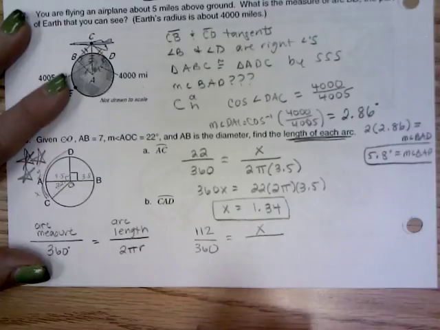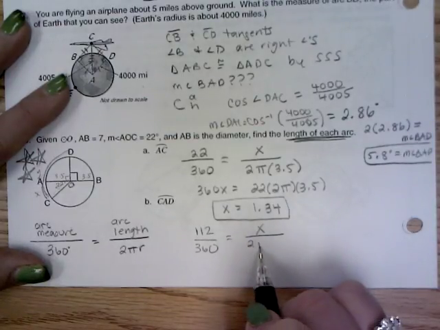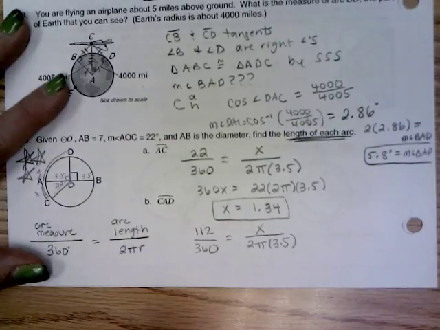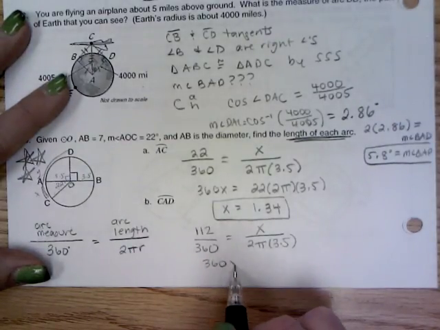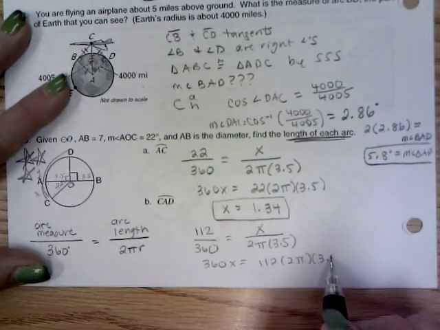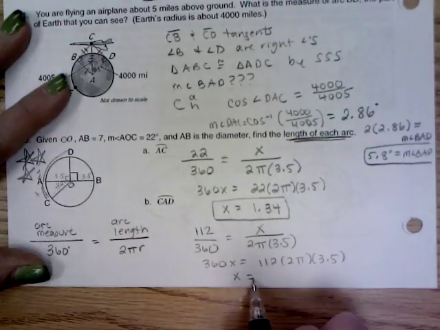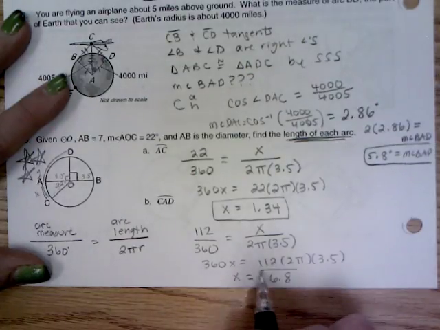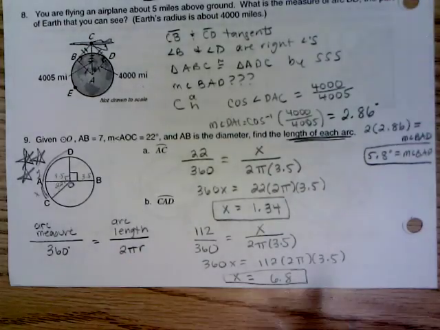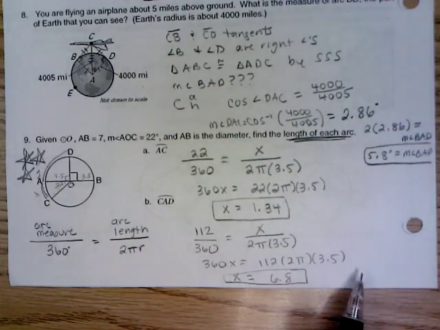I want to find its length over, again, circumference of a circle, 2 pi r. Again, cross multiply. There's your final answer. Again, this is not in the homework tonight, but after the quiz on the next class,